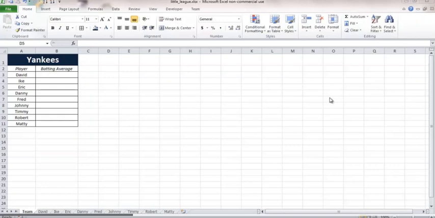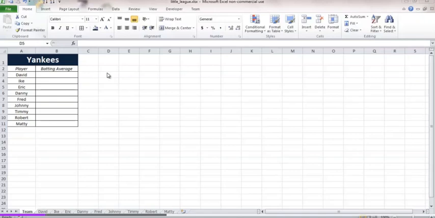You can see here on this page that we have a Little League baseball team called the Yankees. On the left hand, we list all of the players, and on the right hand side, we want to show what their batting averages are. We could keep it all on one page, but depending on the type of statistics or data you're putting on it, that could get a little bit cluttered and messy. Here's a way where we can pull in data from other tabs and simply display the results here on one